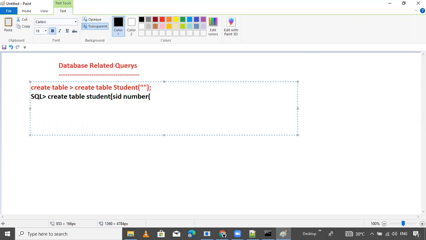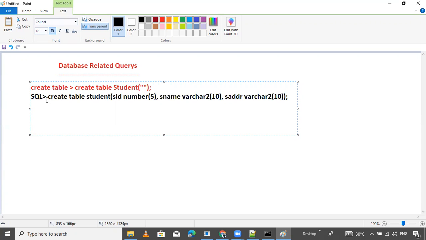I want to specify how many characters it has, the size of the variable. Like I want five, only five. SNAME, which type of SNAME? Varchar2. Like I want 10, only 10. Yes, SADDR. Which type? Varchar2, like 10. That's it.